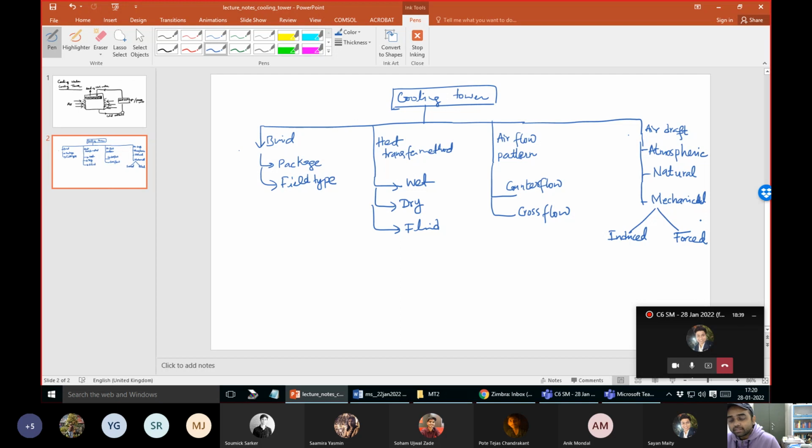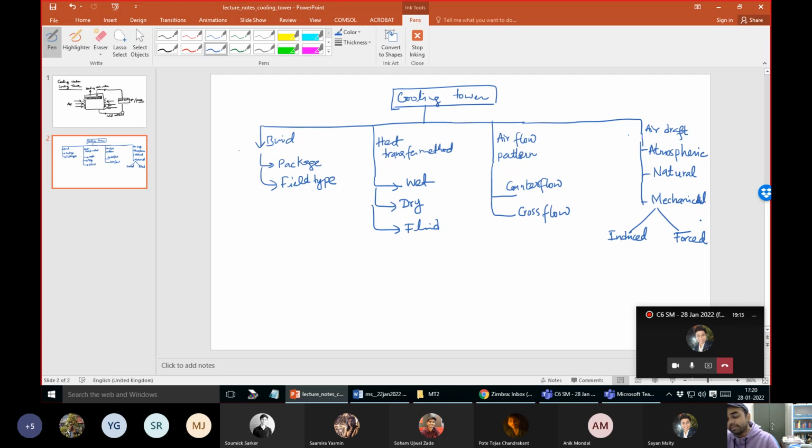And then the dry and the fluid type. In the case of the dry type, the water comes in contact with a cold surface, right? It comes in contact with the cold surface, and that is what we mean by the dry method. Now, how you make a surface cold is again a matter of energy involved, right? This may not be as efficient as the wet method, but in this process you do not generally have this evaporative loss. The last one is the fluid type.